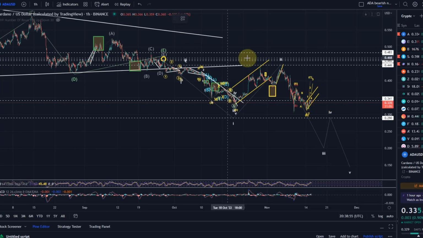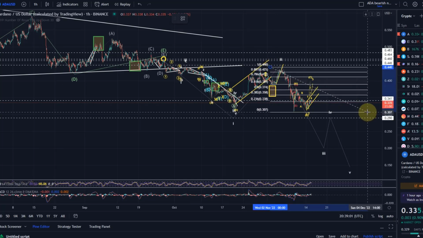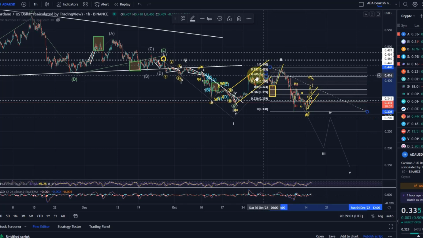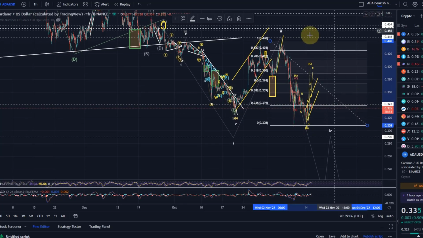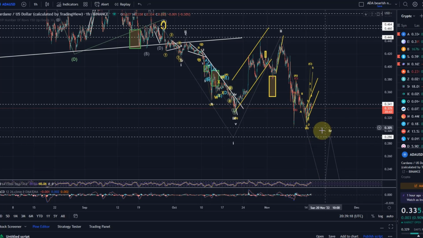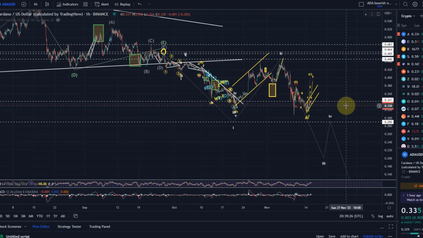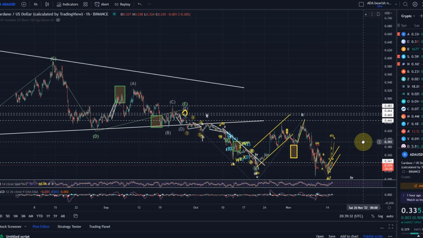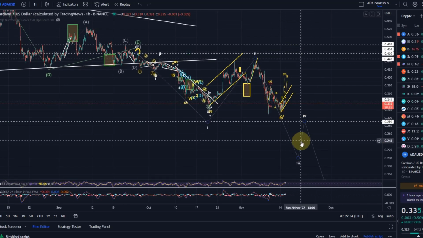However, I would personally change my view should we be able to move above the 41.1 cent level, the 78.6% Fibonacci retracement level, because as soon as we get above it, it is rather unlikely that this is still a move down. Then we are retracing more than would be ideal, and it is most likely something different, or we can at least be carefully a little bit more bullish. But to really prove that a low is in for ADA, a lot of things need to happen, but that's stuff for the future.